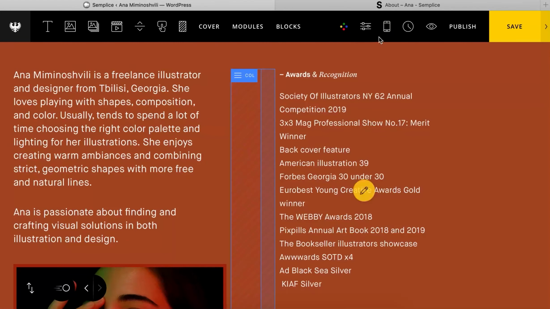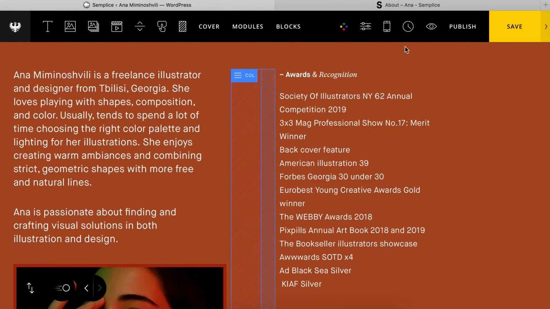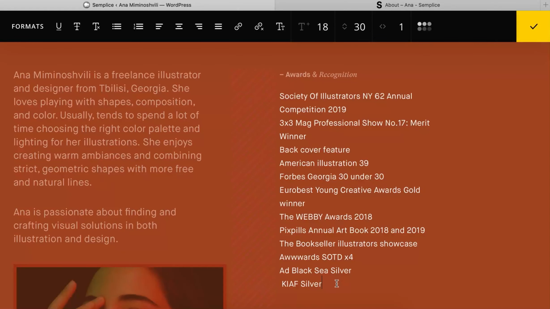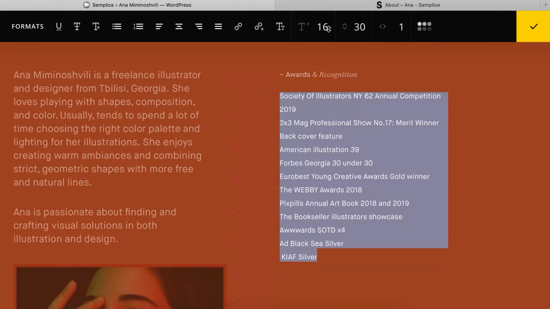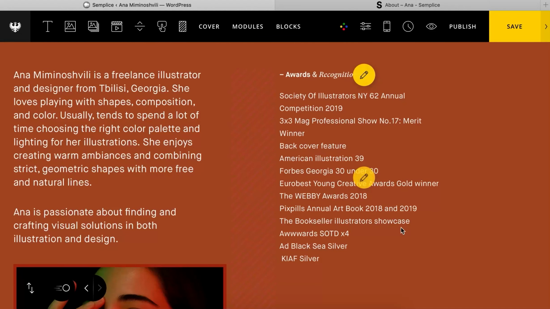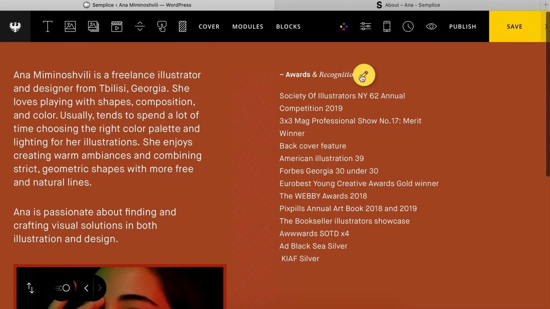So that's how you create offsets in Semplice. Now this is matching up really nicely to our example. And what we can start doing is, once again, let's shrink this down first actually. I'm being a bit of a perfectionist here, but it's all about the details, right? Okay, so that is